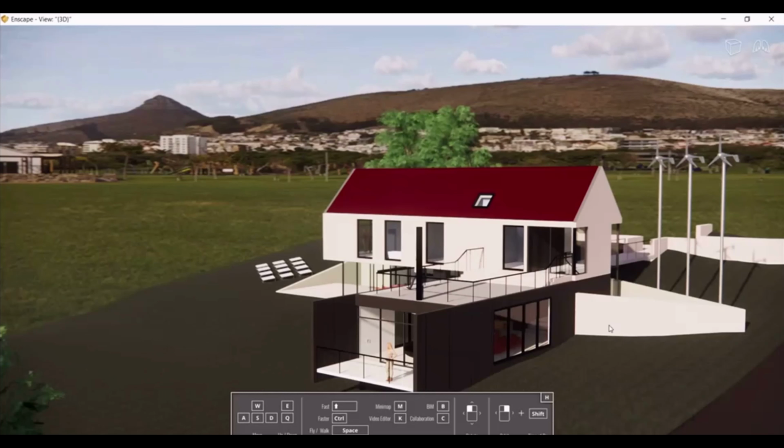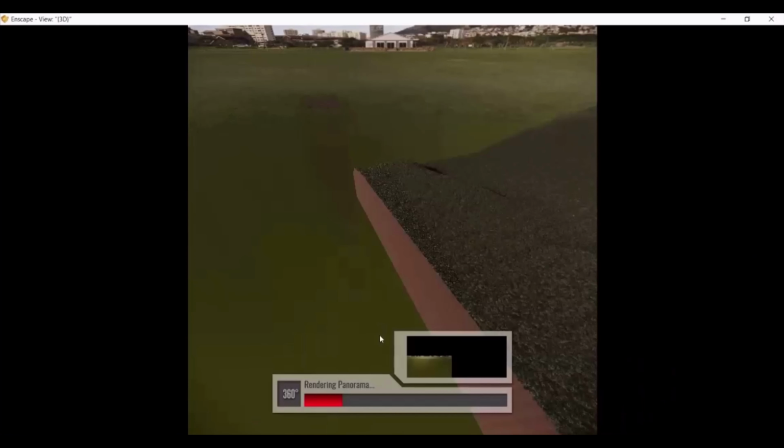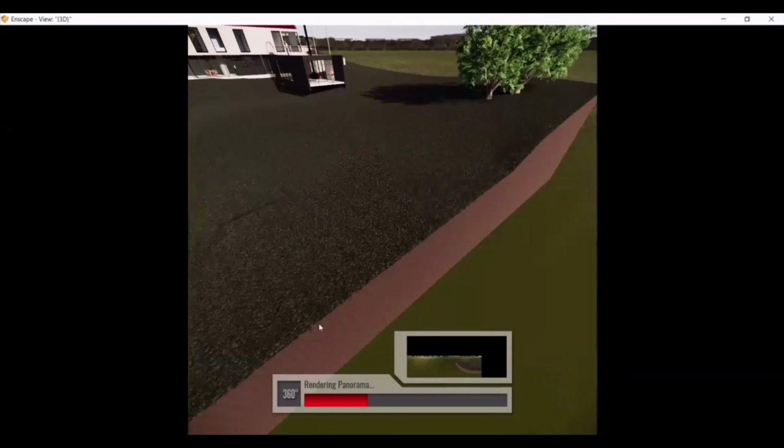Okay, and after that go to your Revit and go for this render panorama, and if you switch into here you got this, it's executing the panorama. So you got this 360-degree view in one image.